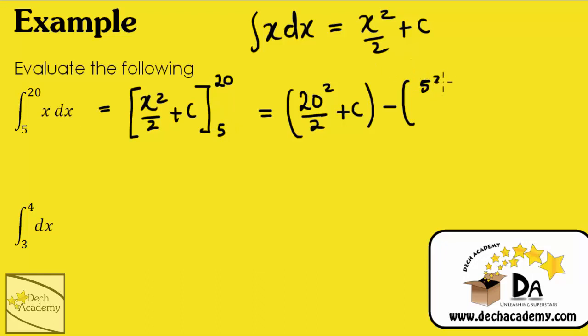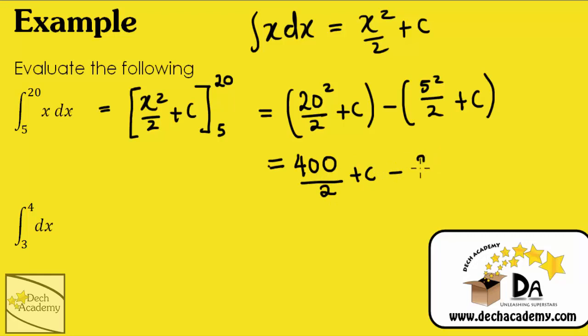That's 5 squared divided by 2 plus the arbitrary constant c, and that is equal to 400 divided by 2 plus c minus 25 over 2 minus c. Don't forget a minus sign right in front of a bracketed expression. Each term changes sign, which gives